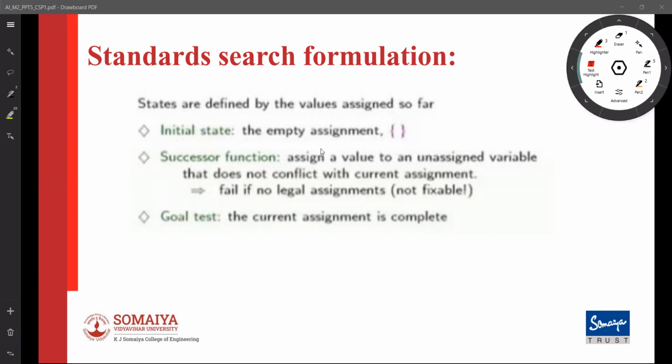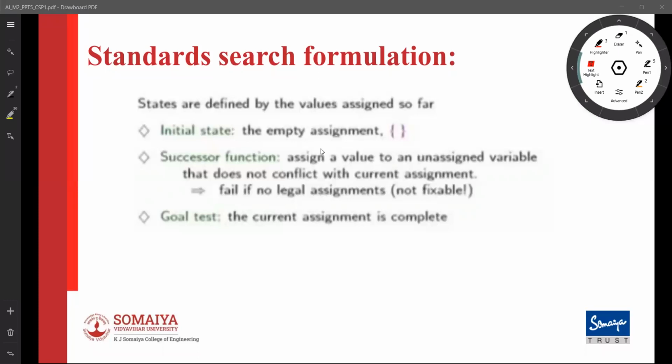So this is what you get when you use the standard search formulation. Let me just revise what we have discussed. Let us start with the straightforward dumb approach. States are defined by partial assignments, the initial state is the empty assignment, and the successor function assigns a value to an unassigned variable that does not conflict with the current assignment. Yes, it is a constraint satisfaction problem, so every time we assign a value, let us not assign a value that conflicts with a previously assigned value.